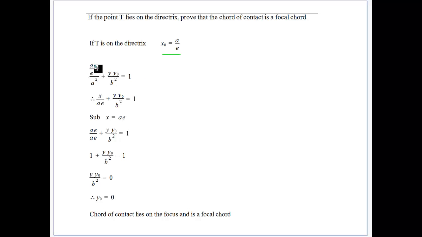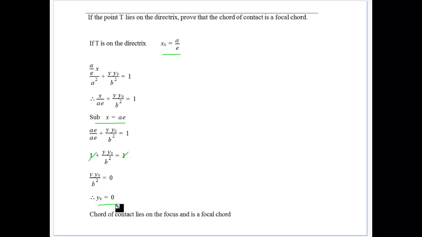So if that's the case, we sub in a on e for x on a squared, and we get the y times y0 on b squared. So we have that. We have the value of x0, and we get x on a e, and we can solve there. We can solve that because if we sub in a e, which is the focal x value of the focal point, we do get a cancellation there. We get y times y0 on b squared is equal to 0 because the ones will cancel,